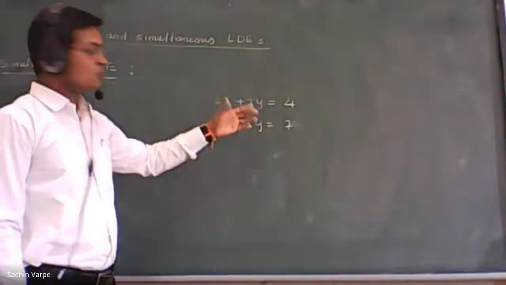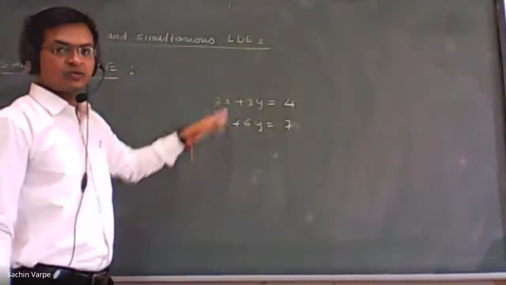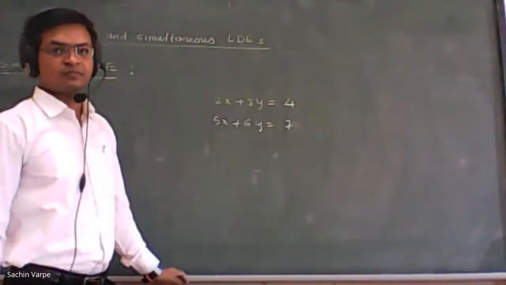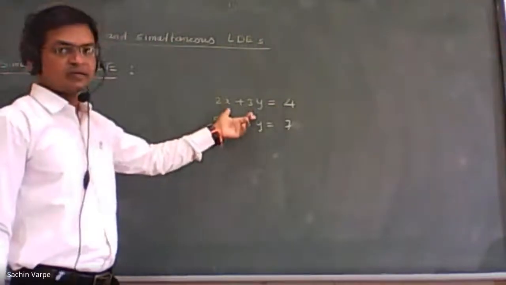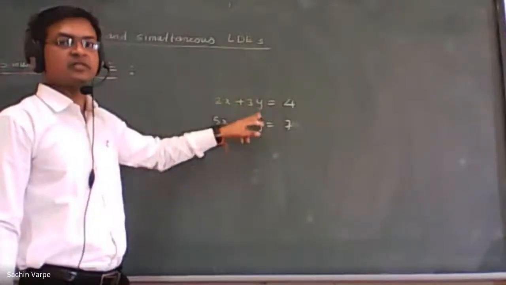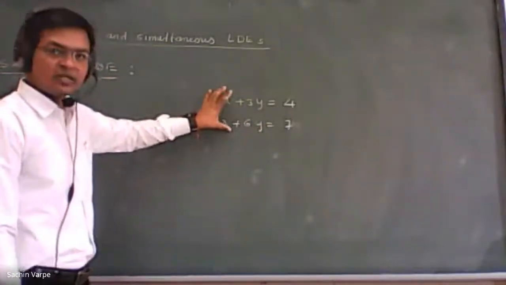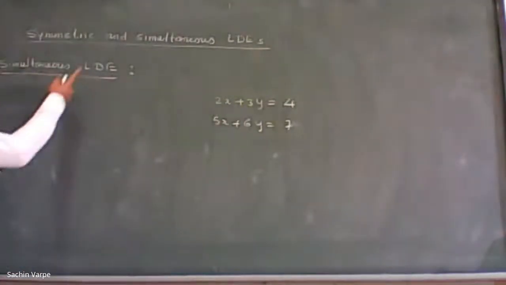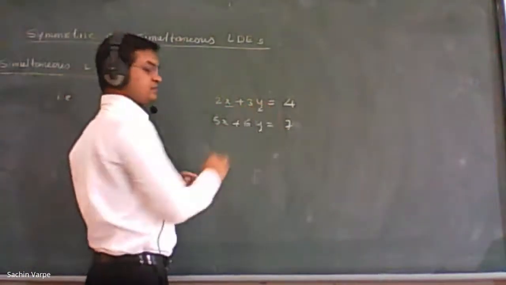So what is the solution of these simultaneous linear equations? The value of what? We have discussed it, I think, in 8th or 9th standard. The solution of such simultaneous equations is the values of the variables x and y involved in the equation. So the similar theme we are going to apply in case of LDEs. The simultaneous LDE means we are having two or more dependent variables like this.